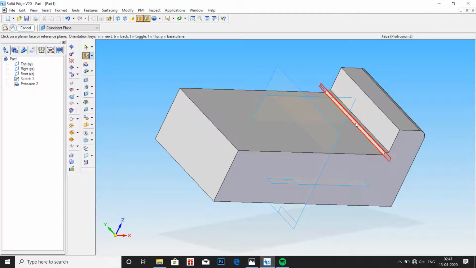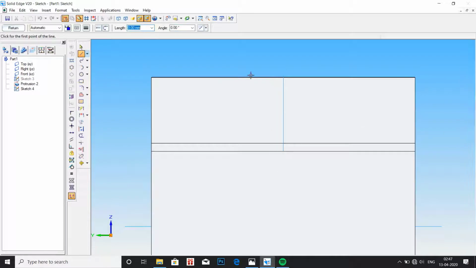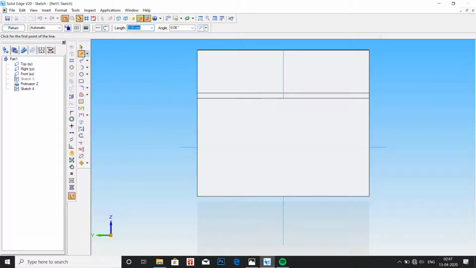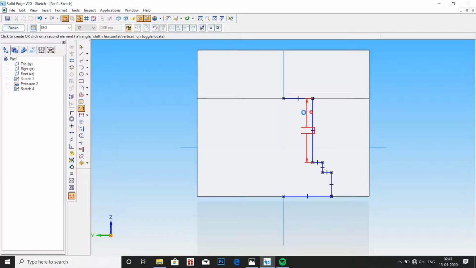So go to sketch, select this surface and start by drawing the rough profile. Dimension using smart dimension to the values shown in the drawing.